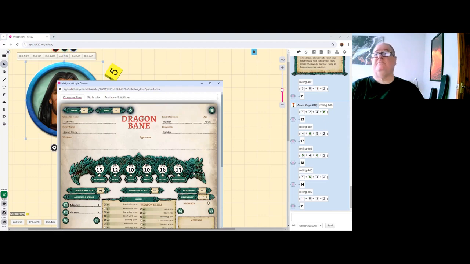Intelligence, I don't see him as particularly bright. I don't see him as stupid. 10 is not bad. I think I'm going to keep that. I know that was a little bit of pontificating, but I'm going to keep his stats as such. So we've rolled and we're keeping his